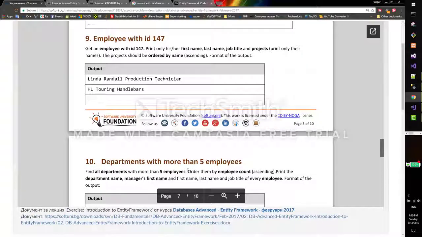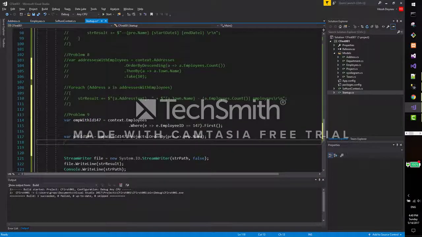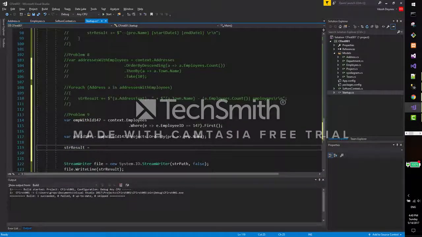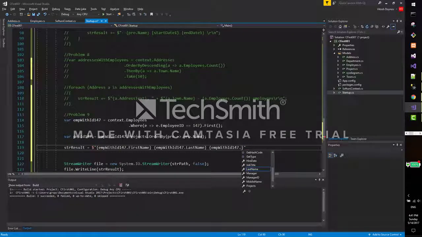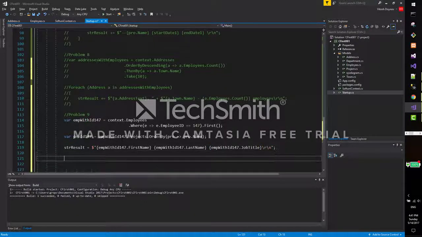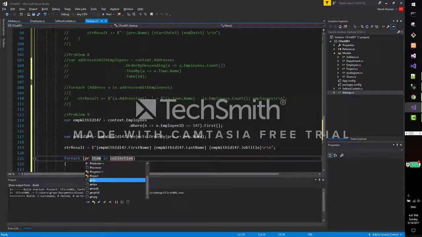Our result would be first the name of Linda, and then of course all the projects. So the name of Linda would be Linda, but we don't know this, so it should be a string result: employee with ID 147 first name, employee with ID 147 last name, employee with ID 147 job title, and then of course the RN, which tells us that we should go to the new line. And now for each project